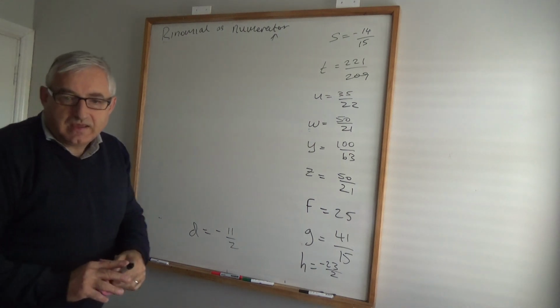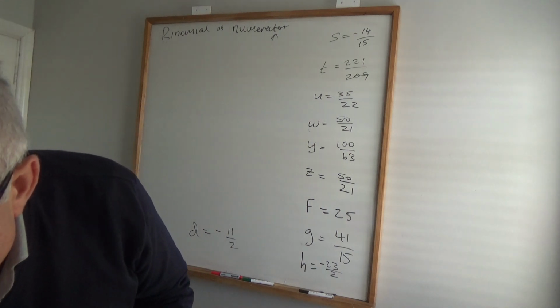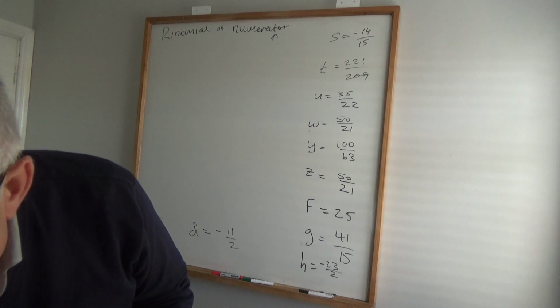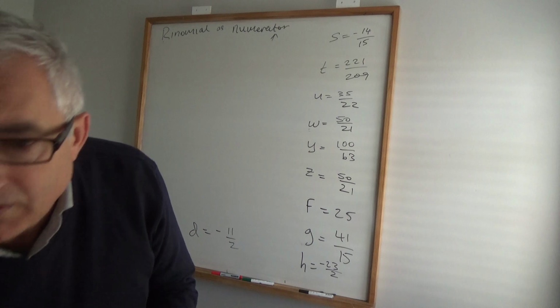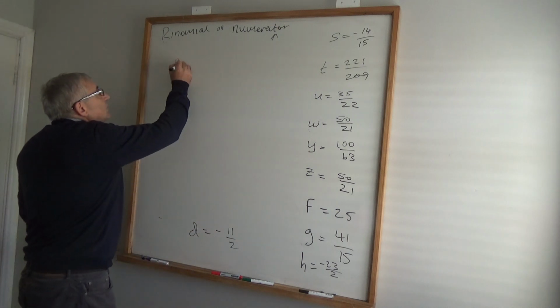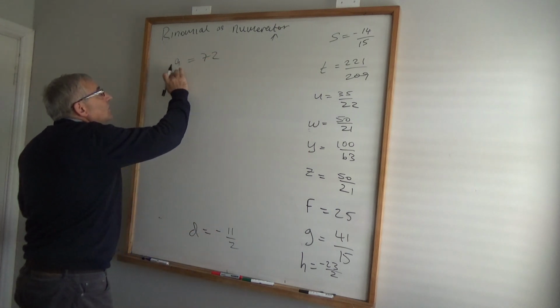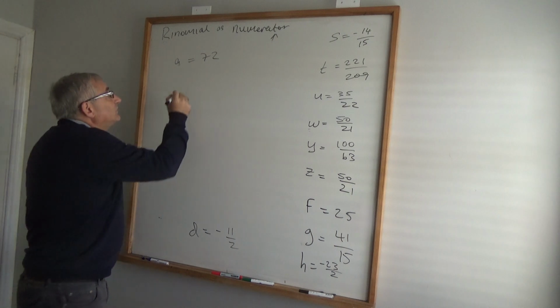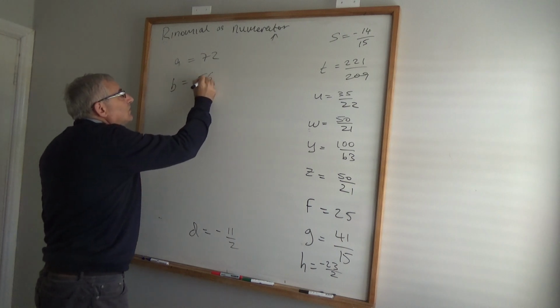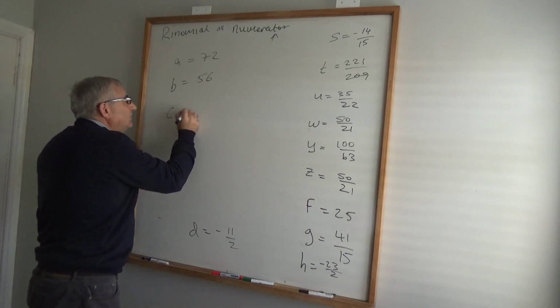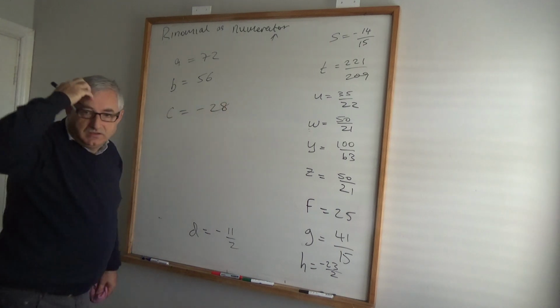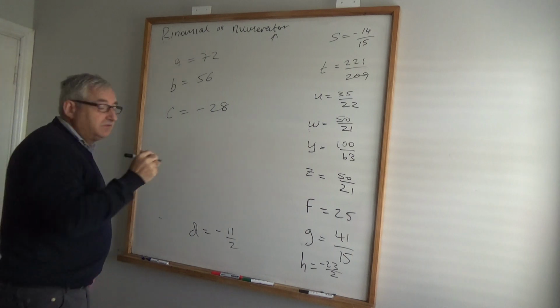Okay. And because I did the first few, that's the end of that, but I want to write up the first few so that I leave the entire set of homework on the board. The answers. A was 72, B was 56, C was negative 28, D was negative 84,